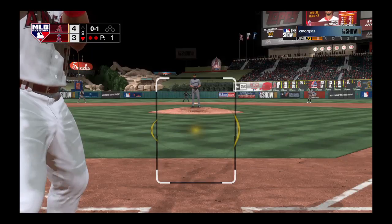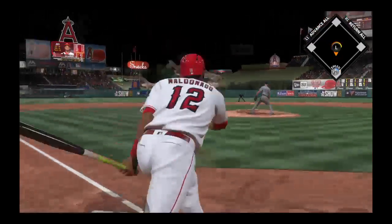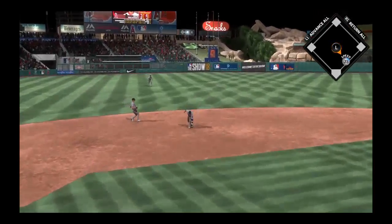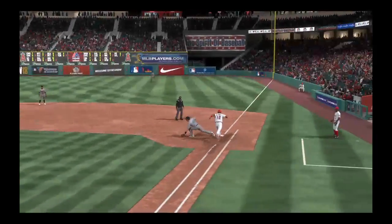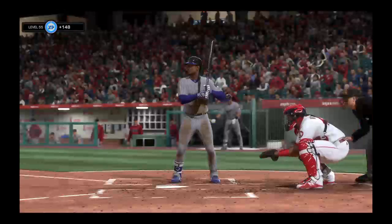Fans on their feet in a 1-run ball game in the last of the 9th. Now a swing and a ground ball. This should do it. Ahmed right there. In time, and the ball game is over. It was mostly pitching and defense in this one, but the man you